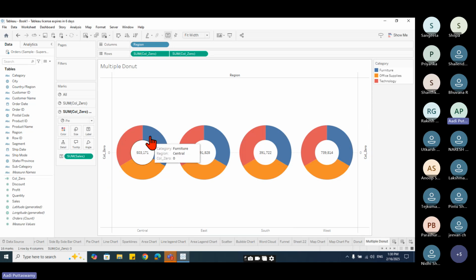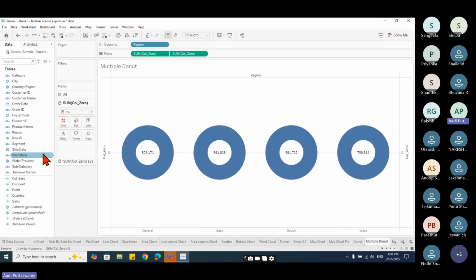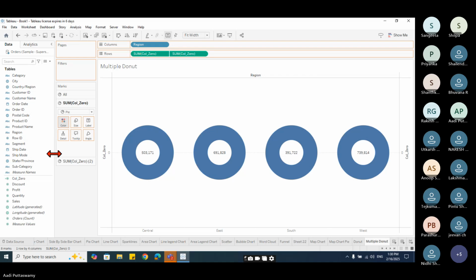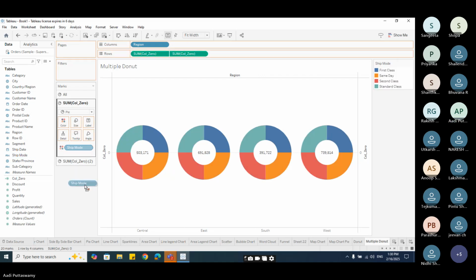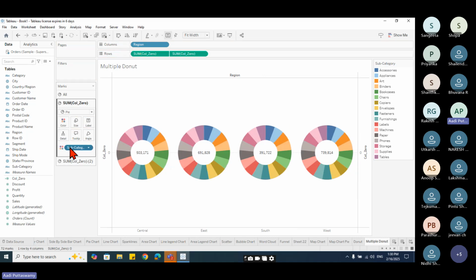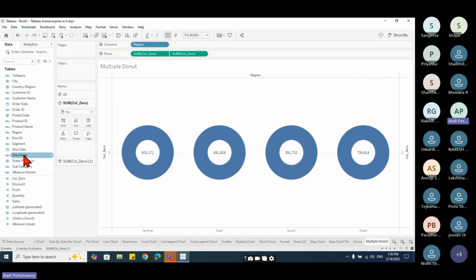Multiple donut. You can see that I can get multiple donut like this. If you don't want category, I have this region. So I've taken this category. I'll just remove this. If you want any other, let's say I'll take this segment out of it. So based on segment, you can now drag anything. Say shift mode. See? Say subcategory. Too many actually. So anything, whichever you feel, you want to create the chart, you can go here and